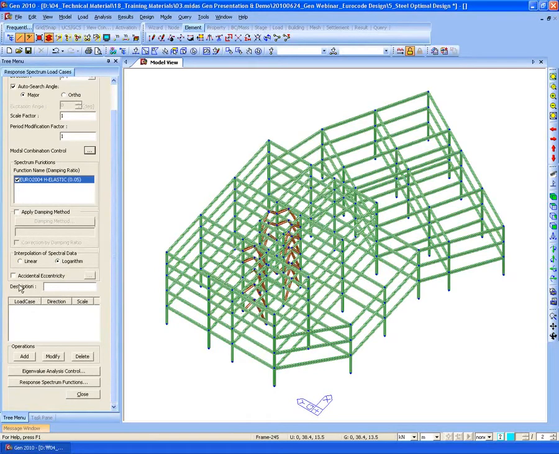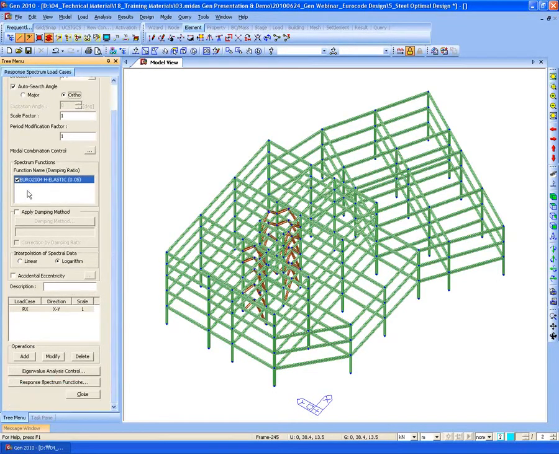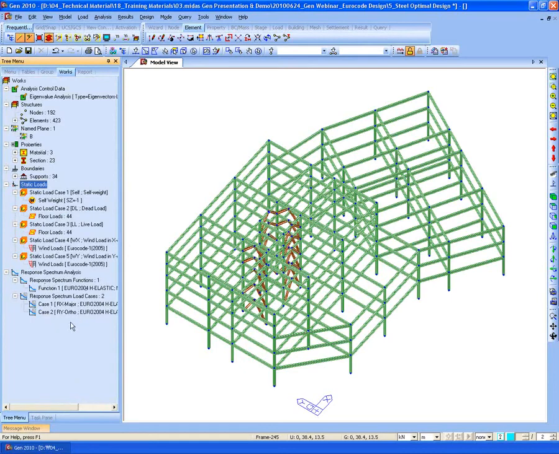And add. So the X direction has been entered. For the Y direction, usage is the same. Auto search for the orthogonal direction, and using the same function, add, close. So you can see the response spectrum data has been entered.